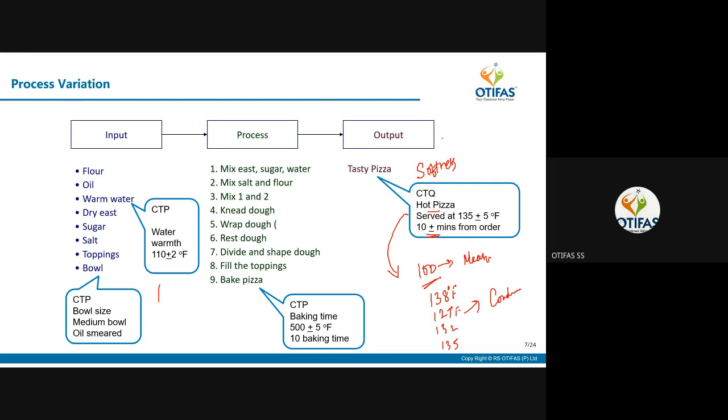Now, one more CTQ is added: softness. Now tell me, can softness be measured? This is the question I asked that time also. Can you measure it? No, sir. Suppose customers are repeatedly complaining that your pizza is very hard. The restaurant management is quality conscious and takes customer feedback, and now wants to improve. So he has to keep a parameter to check softness also. Now how can you check it? There is no measuring device.